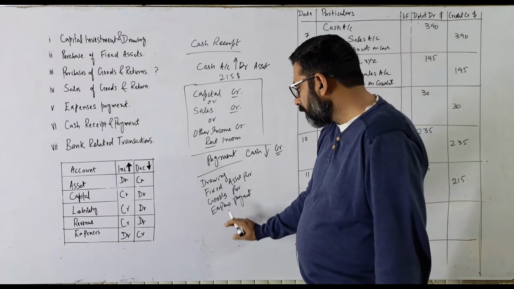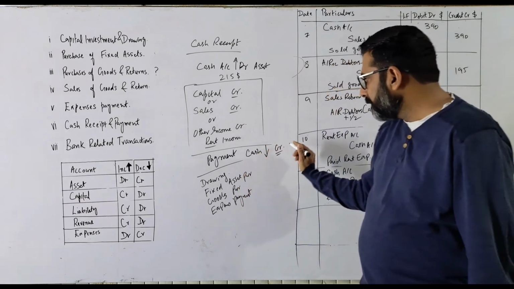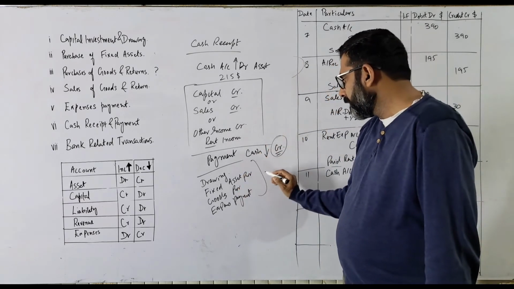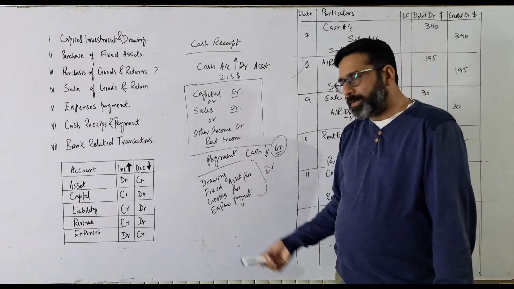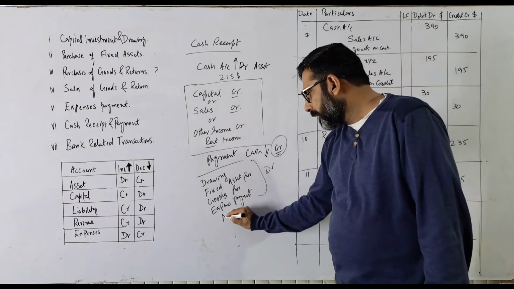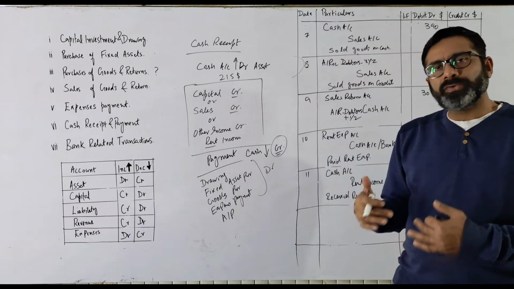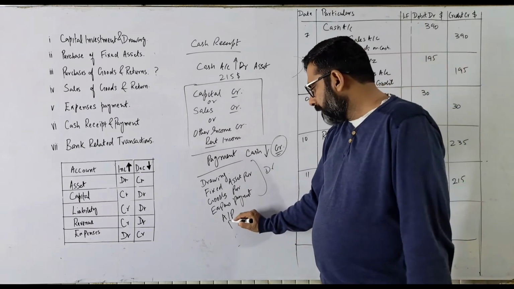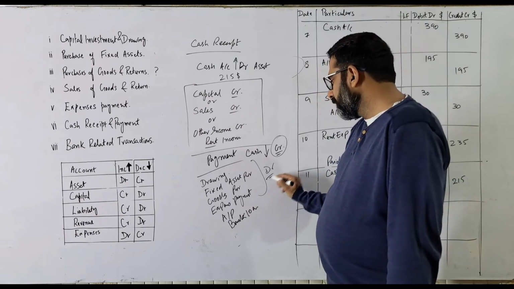Okay, so for all these things the business has to pay the cash, so cash will be credit, and anything like a drawing will be debit, fixed asset will be debit, or the goods you are purchasing will be debit, or your account payable will be debit, or you have taken a loan from the bank and now you are paying it back, okay, like a bank loan,